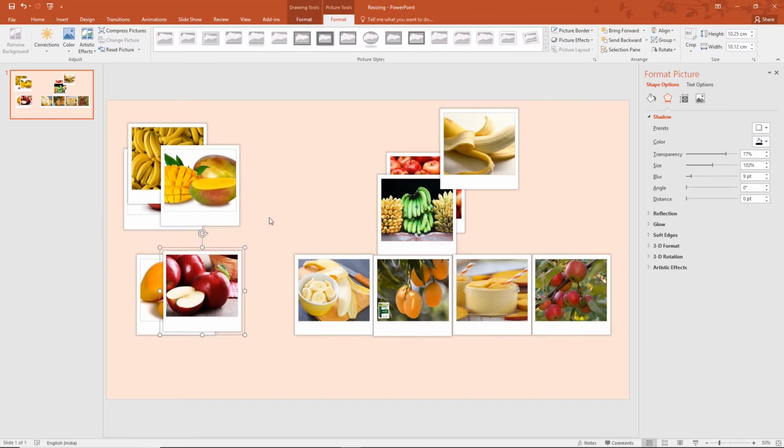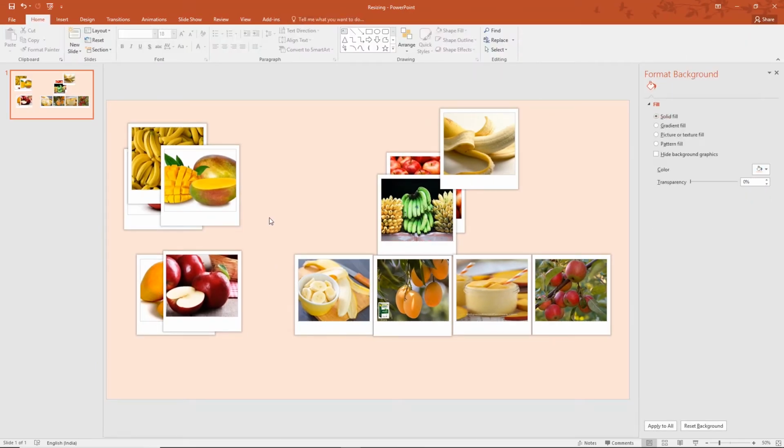Very subtle. Now, let's begin the animation. Very simple. First step, create a mess. Spread these images across the slide like someone just threw them off from the side of a table. Move them, rotate them, just create a nasty mess.